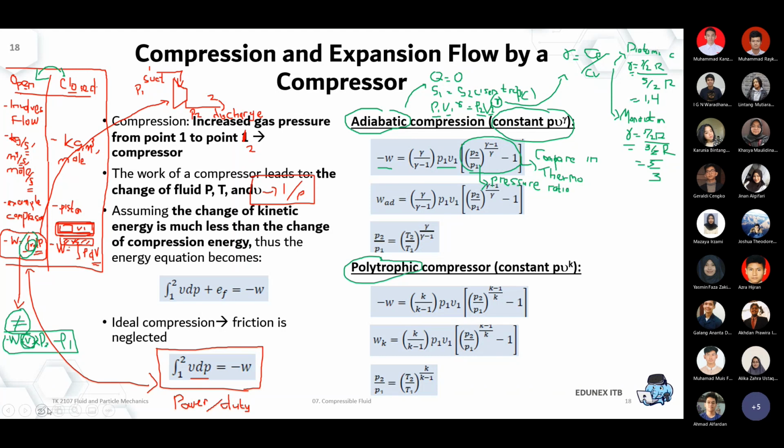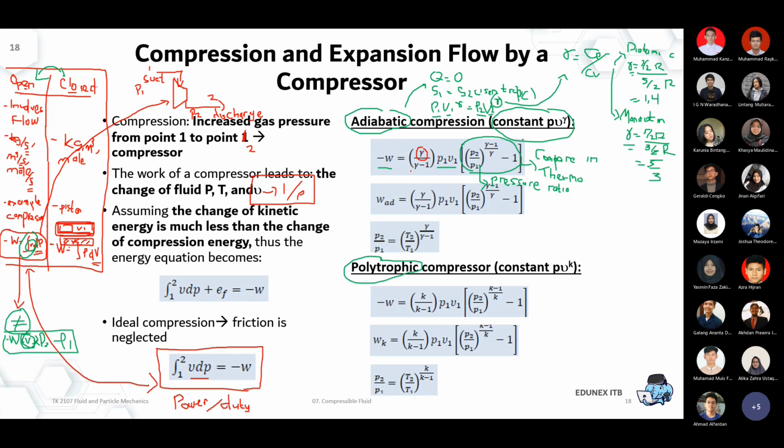So where is the difference? Anyone notice the difference in the adiabatic compression duty in this slide compared to thermo? I already said that this green circle is the same, so of course the difference will be in the first part of the equation. This is the difference between open and closed systems. It has everything to do with open and closed systems.